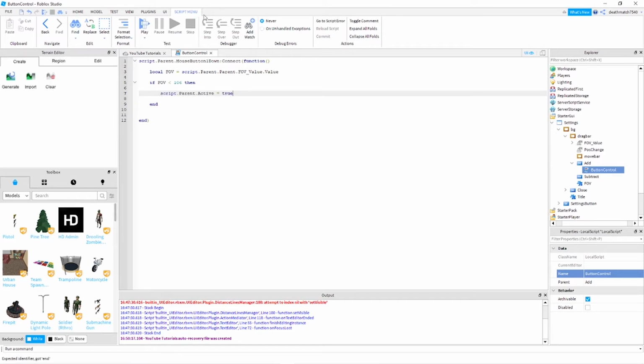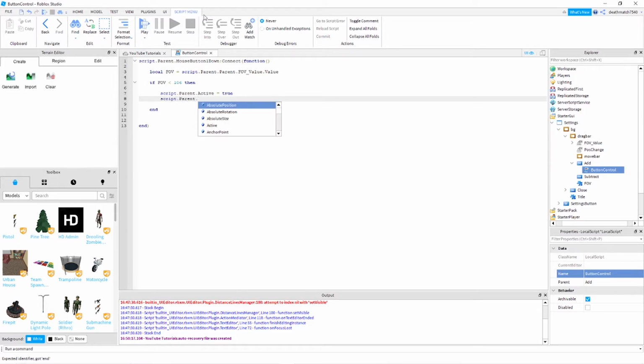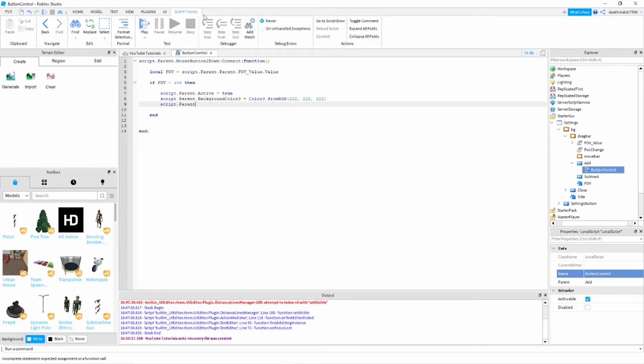let's go down there: script.Parent.Active equals true, script.Parent.BackgroundColor3 equals Color3.fromRGB, and then we'll do 222, 222, and 222, if I can get that right. There we go. That's just an off shade of white. Next, we're going to type script.Parent.Parent.PoseChange.Value